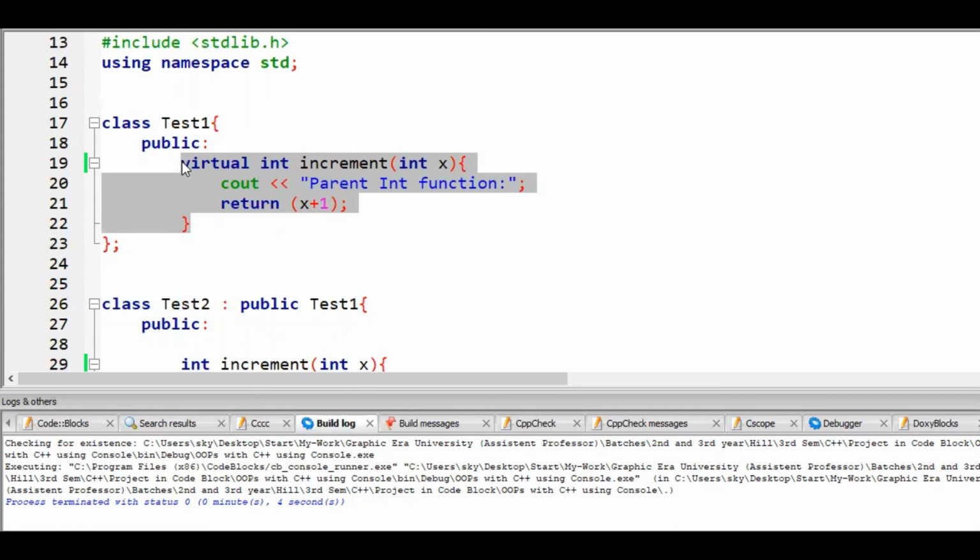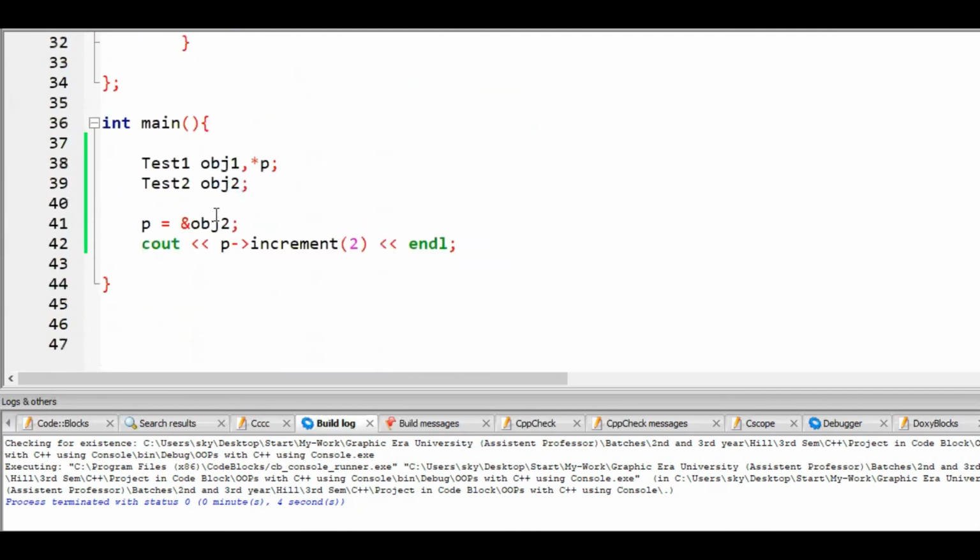We have also used the virtual keyword during the multiple inheritance diamond problem, if you remember. Before inheriting we used a virtual class, right? So this is different, this is a function. That one was a virtual class, during that problem. This is a virtual function.